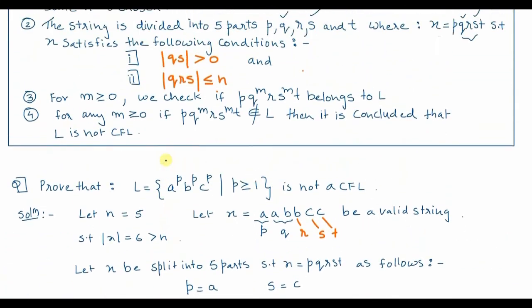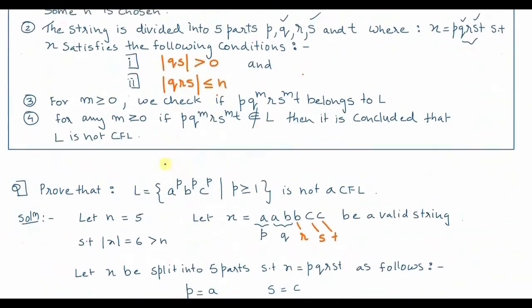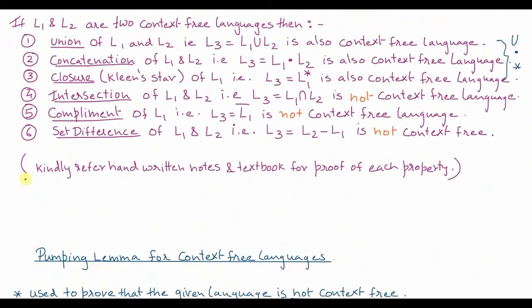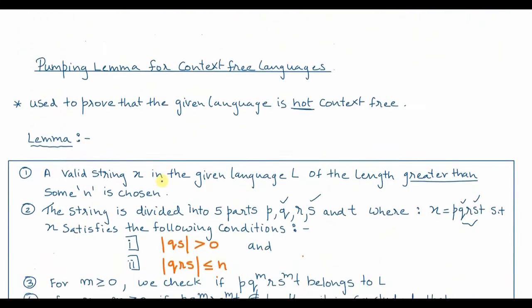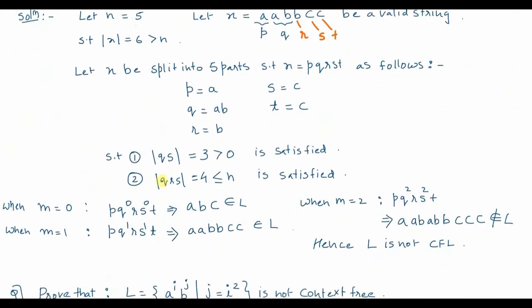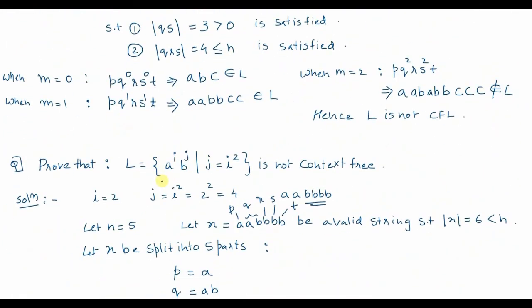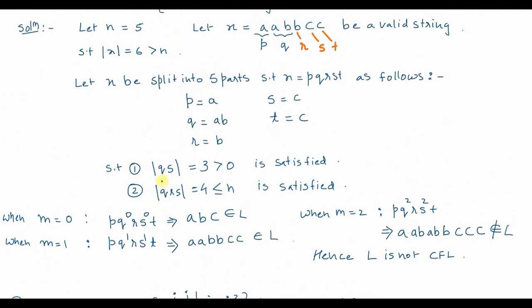There are two things which I want you all to do. One is the proofs of the closure properties, the proof of each of these properties. Just go through the proofs. You will find some of them in my handwritten notes, and some will also be in the textbook. On the same lines as how we did unit 2, you have to prove this. And the second thing I want you to go through is left linear and right linear grammars, which are in my handwritten notes.